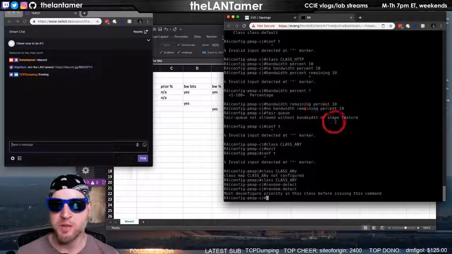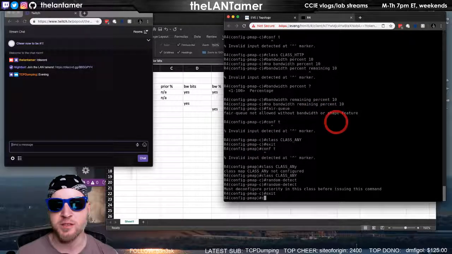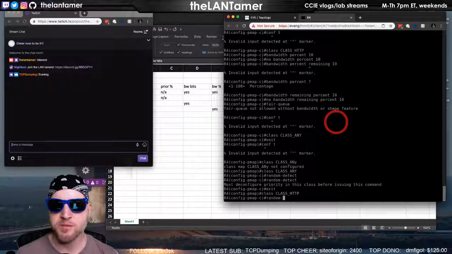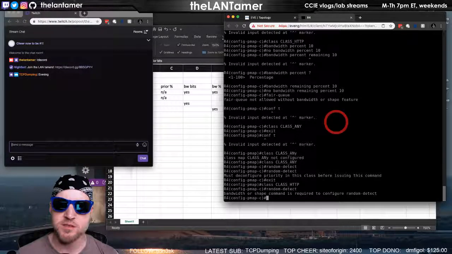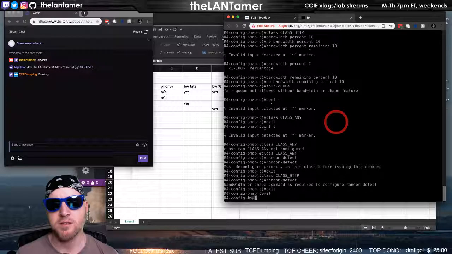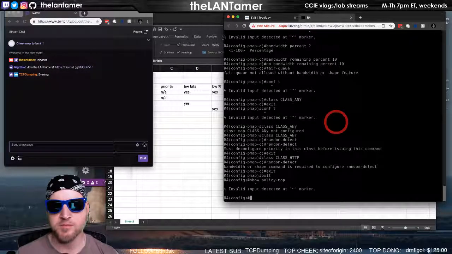So, but it will work in another class, or should. Random detect. Bandwidth or shape. Okay, let me put shaping on this. Show policy map.